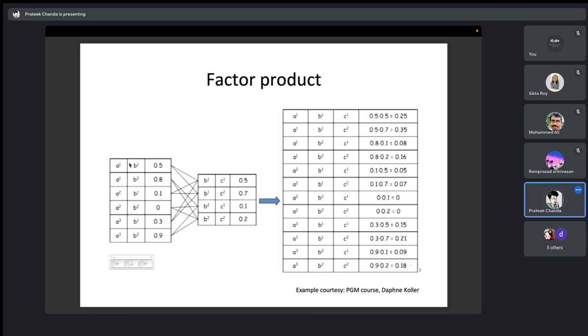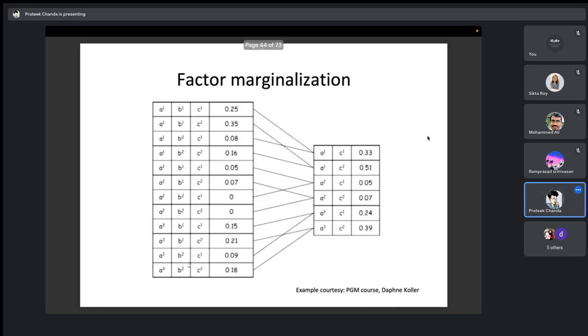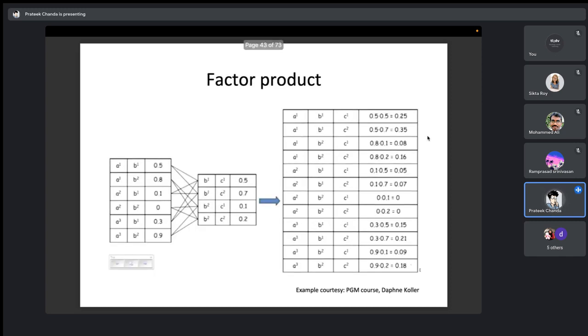Similarly, here also, when you are multiplying two factor tables, the corresponding variable that you are trying to join has to be the same. And again, you can also go back. You can think of this as a forward thing. Like you have two tables, for events a and b, and b and c, and you try to calculate